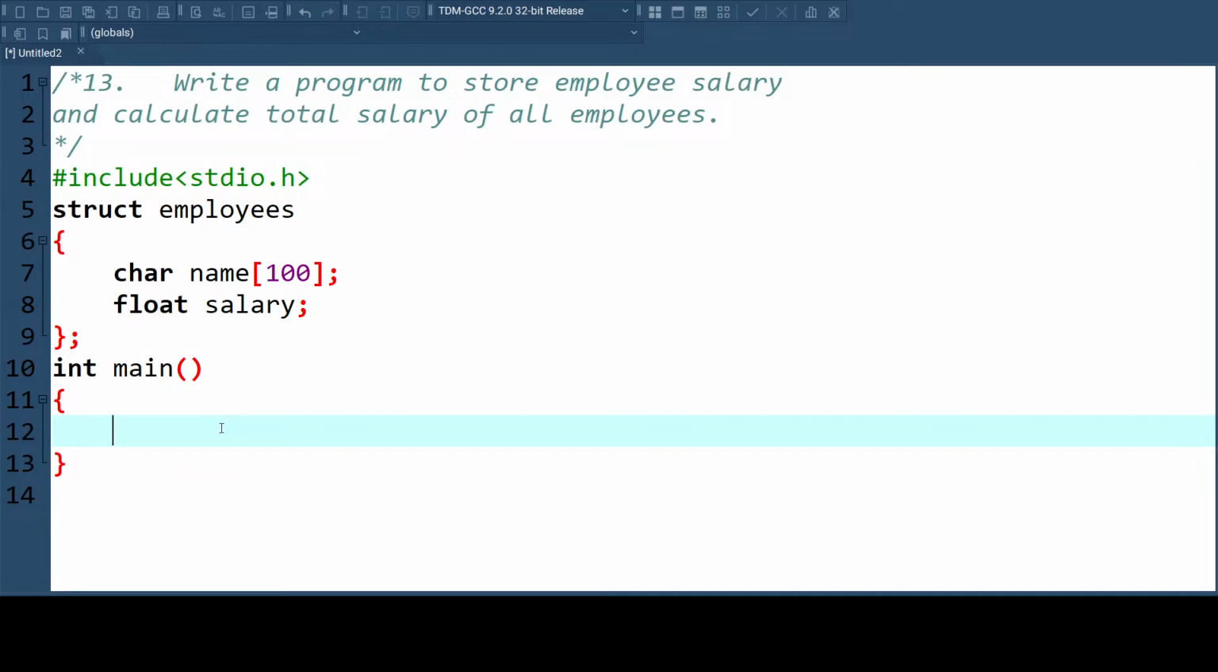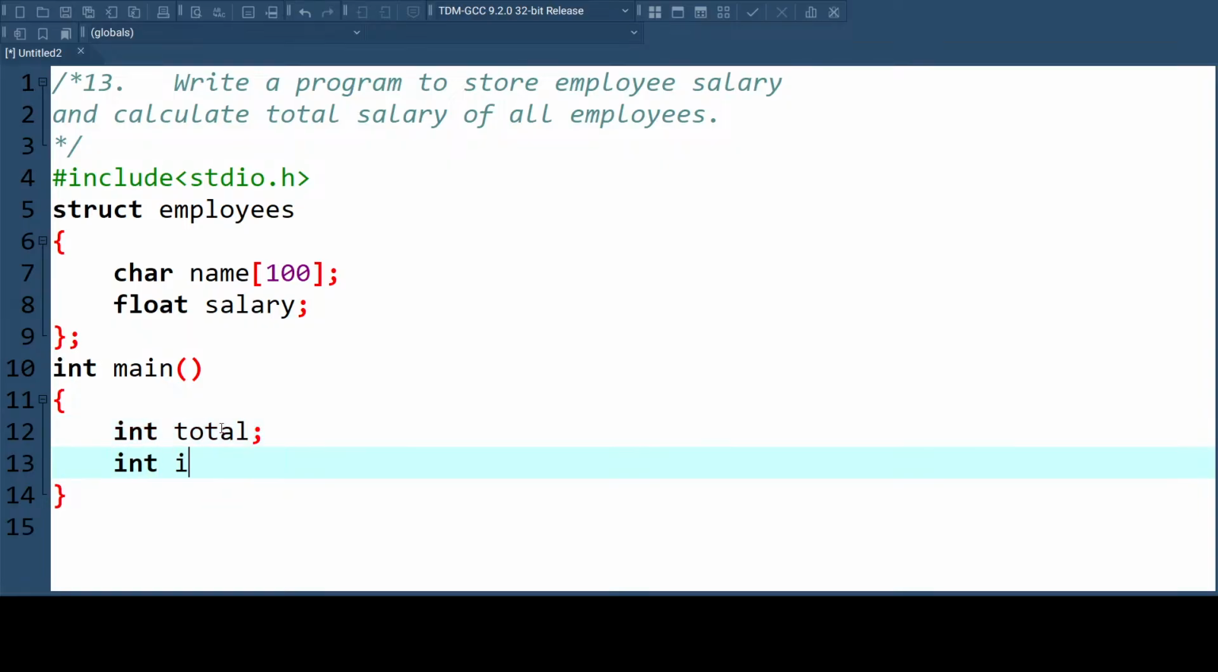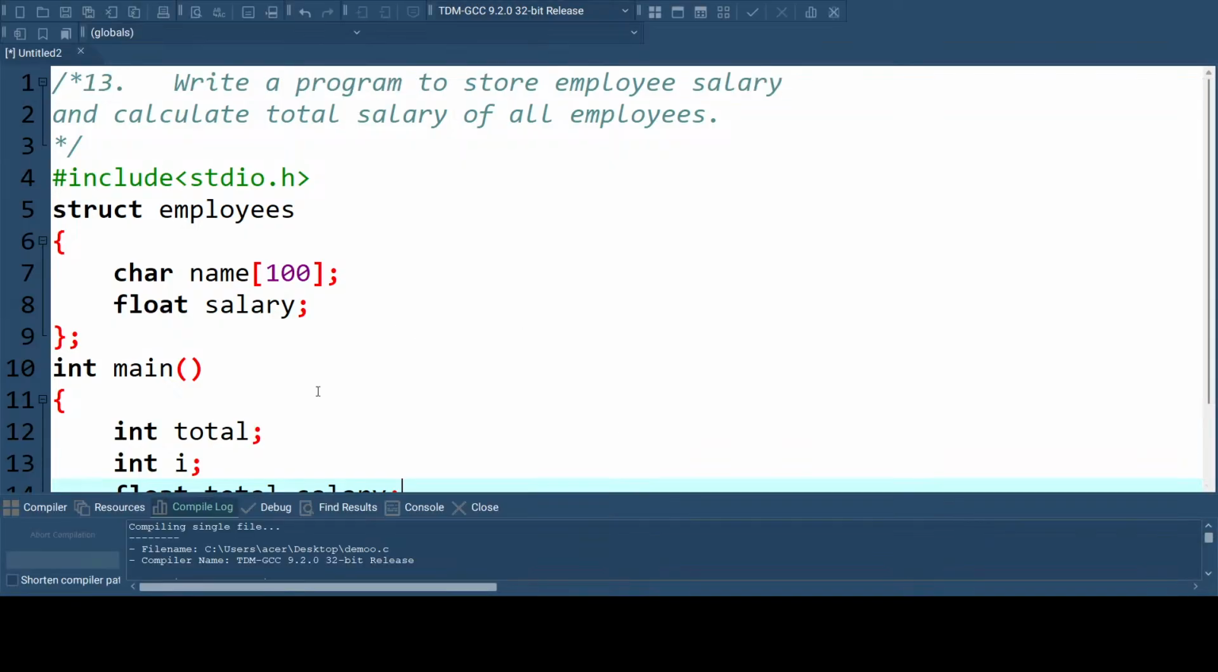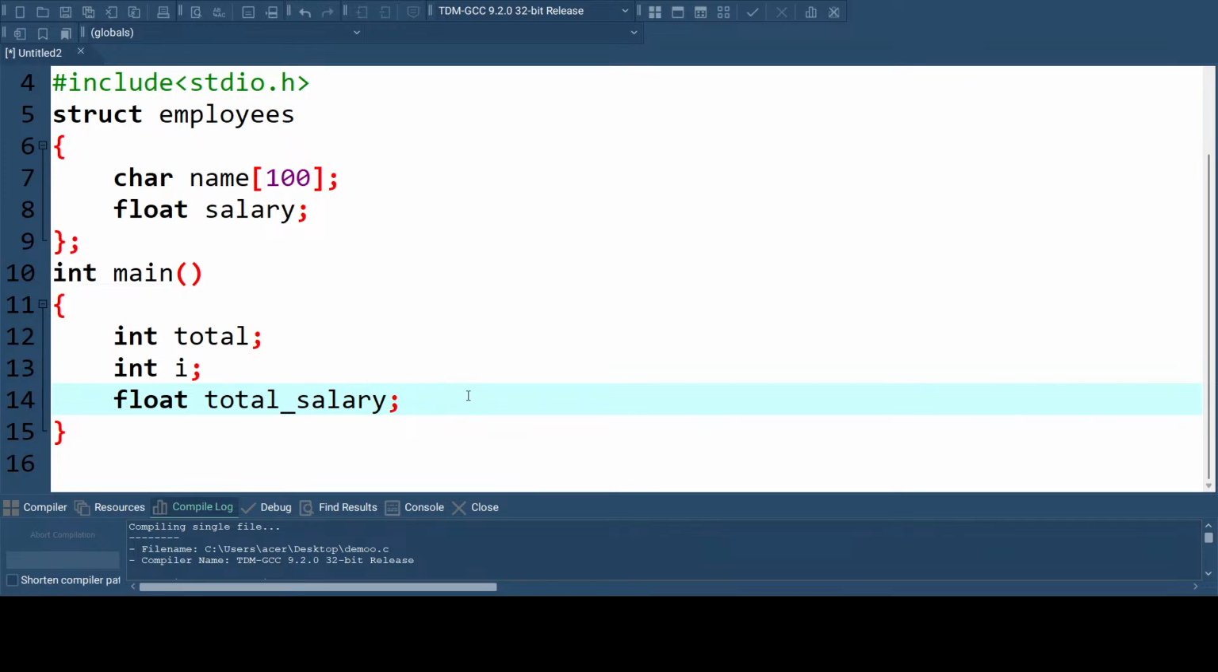How many records do we have? So let's go for the total, and for the variable i, and we also need the total. So let's give here total salary. After that,